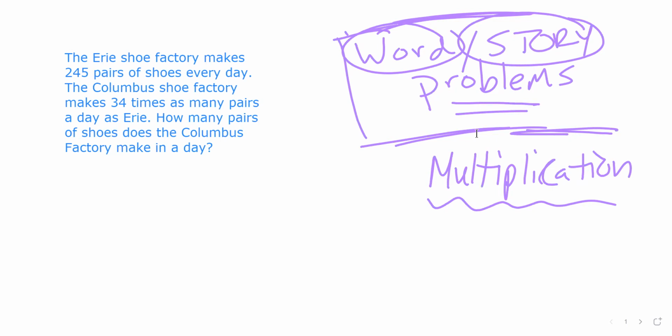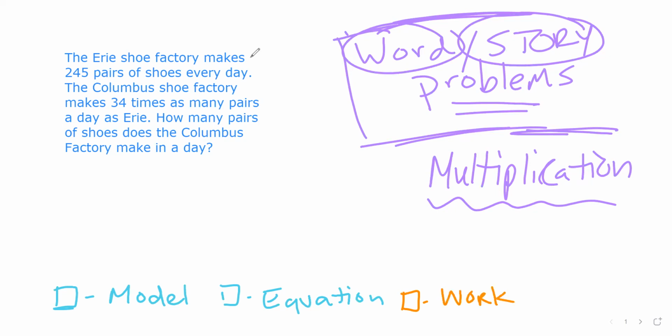One, thinking about the four elements that are pushed in our word problems. Making sure that we have a model, and then we have an equation. I'm going to put those in different colors because remember, those are the things we do before we even do the math. And then we have some sort of work or solution, which is the word I like to use. And then we have a labeled